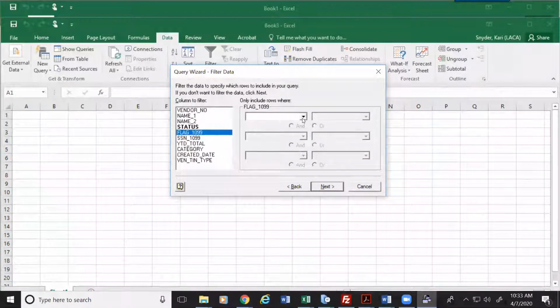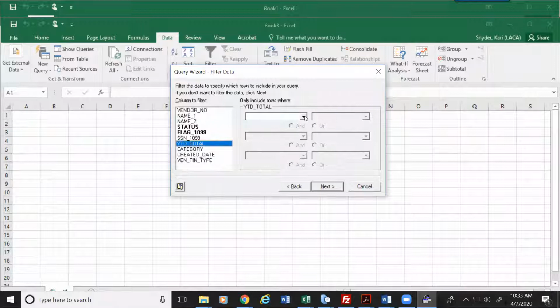And flag 1099 does not equal 0, which the 0 on the 1099 flag identifies non-1099 vendors. So this is if you wanted to look at only your 1099 vendors. It's saying let's look at anything other than the vendor that's marked non-1099. So those other options, 1 through 6, are like non-employee compensation, attorney's fees, those different options, the 1099 options when you're building a vendor. So we're going to say anything other than non-1099, and you could do year-to-date total is